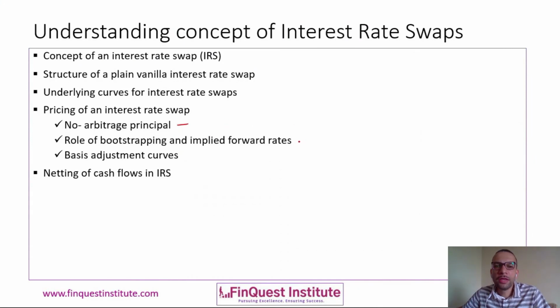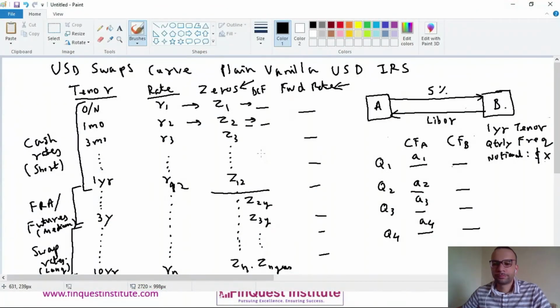Next, we'll see how implied forward rates are going to come to our rescue when we have to calculate the PV of the floating leg. So we have a floating rate which is given as LIBOR. So this will be like a USD LIBOR. Now the first cash flow we know, because this is what we call the first fixing which is available to us when we enter into the contract. So the first rate is known, and let's call this say LIBOR 1.